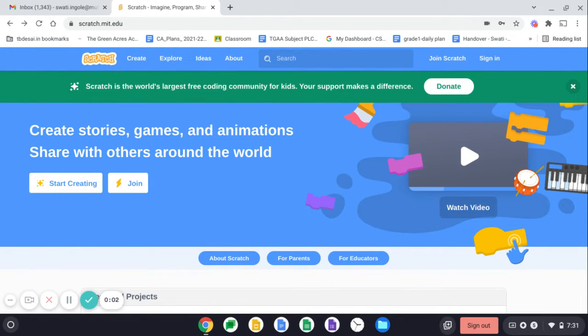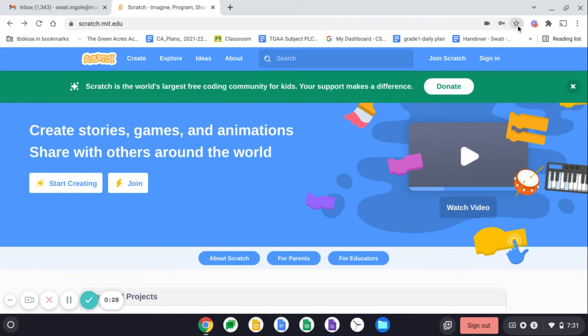Dear children, every time you don't have to register yourself by clicking the join Scratch procedure. Now you are already registered, so all you need to do is click to sign in, go to your account and start creating the projects. So how to reach this page? You can note down this website